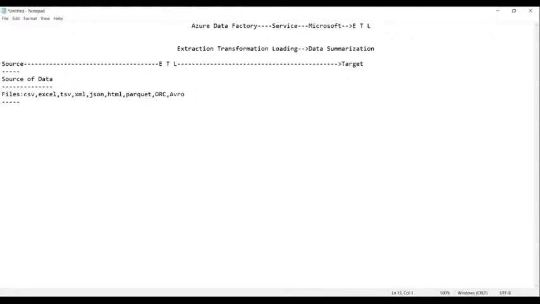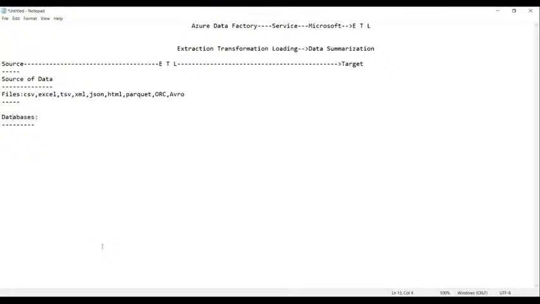Apart from the files, what are the other sources where we get the data? Again, databases. So what is the very basic difference between files and a database?